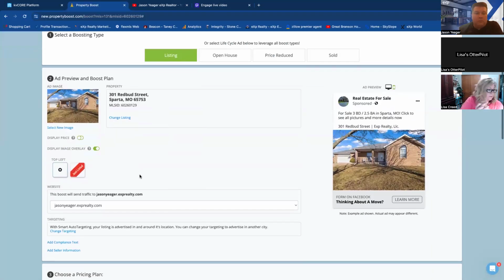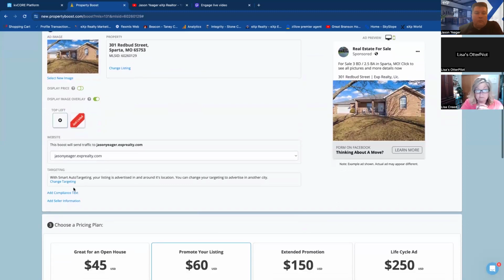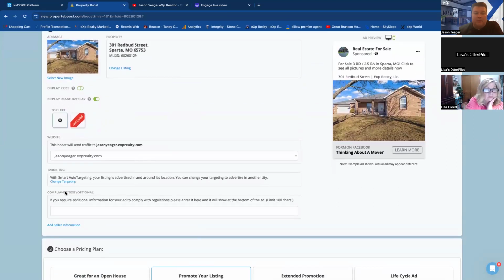Now, add compliance text. If you require additional information for your ad to comply with regulations, please enter it here and it will show at the bottom of the ad. So this immediately makes me think of agents that are like buyer's agents who don't maybe have their own listings, but they're trying to capture leads, to promote